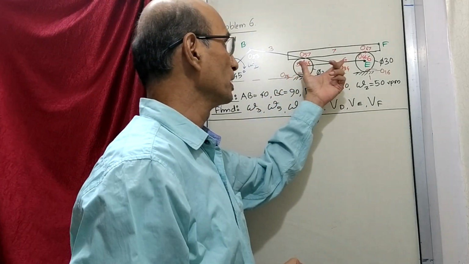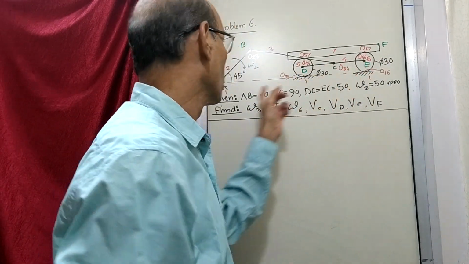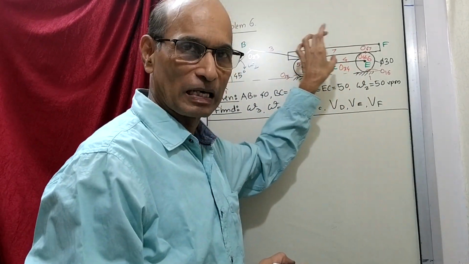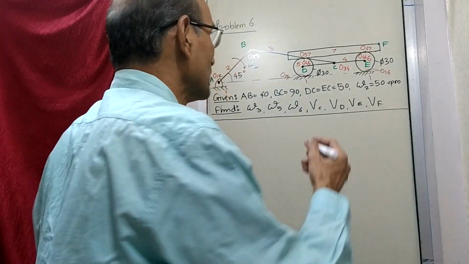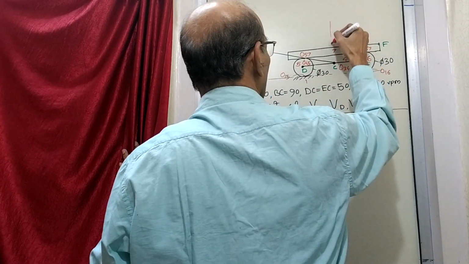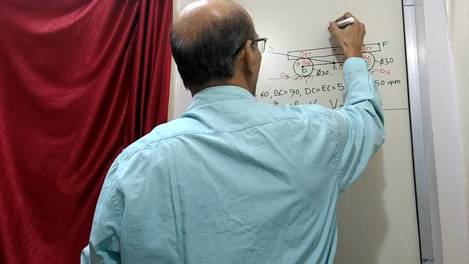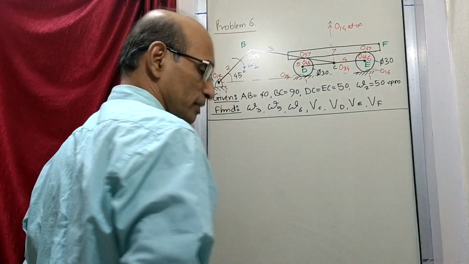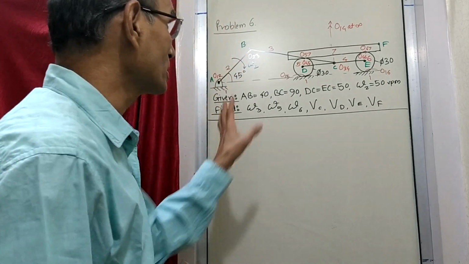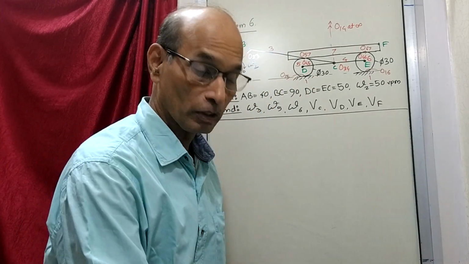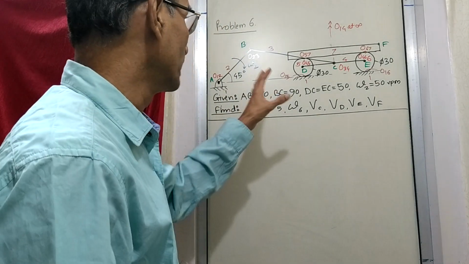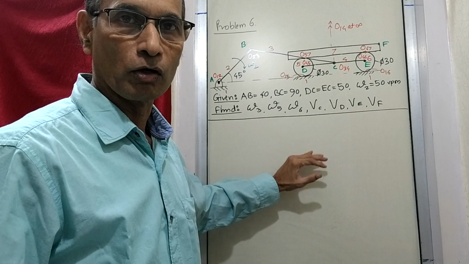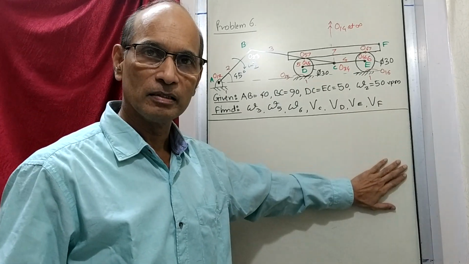Now 4, if you see, it is just like a slider. So 1, 2, 3, 4 is a slider crank mechanism, where 4 is a slider. The shape is like this, but it's just like what we had done earlier. So you know O14 is at infinity in this direction. O14 at infinity. So these many centers are known to us to begin with. So now we go ahead with these centers and try to write the equations and find the velocities. Any center, if you want to know, then we can draw Kennedy's circle and find it out.